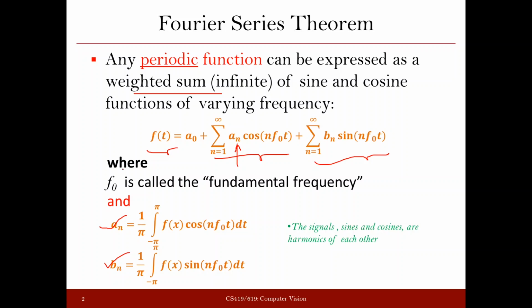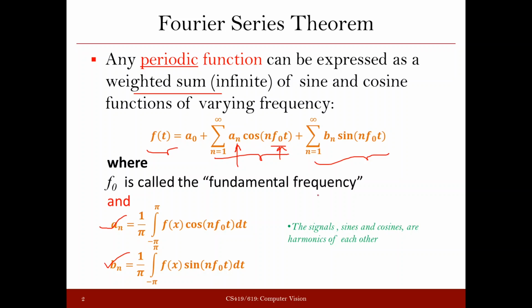and if you closely see these functions, you will see that when n is equal to 1, you will have 1 into f naught t. That means you will have only f naught t. But when n equal to 2, then you will have 2 f naught t. When n equal to 3, you will have 3 f naught t, and so on. The t term is there, but whatever you multiply with it becomes 3 f naught. Similarly, first it is f naught, then 2 f naught, then 3 f naught, then 4 f naught.